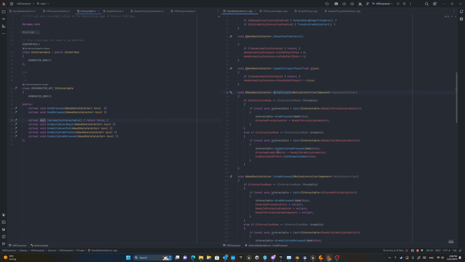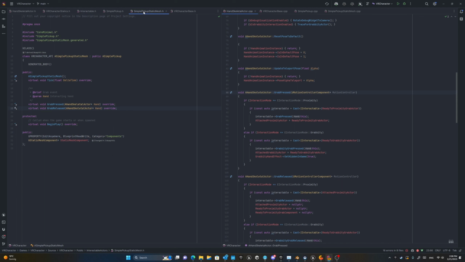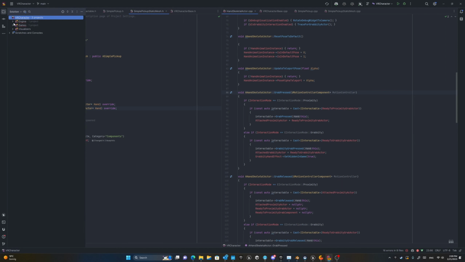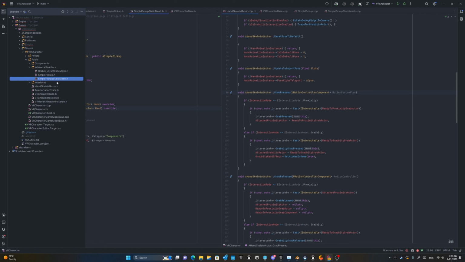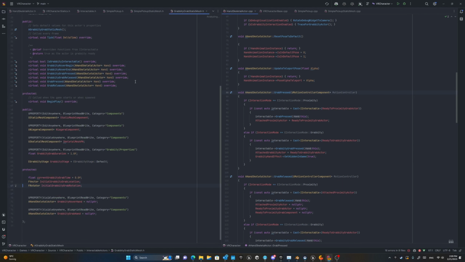Okay, now if we go inside the actor that this one is implemented in, we can find out how we can implement this gravity grab pressed. Previously we had this simple pickup static mesh, but for this episode we can also have another type of the blueprints or interactable objects called Grabbity grab static mesh. This file is very similar to the simple pickup, just it implements some additional features that we need for gravity grab. One of them is